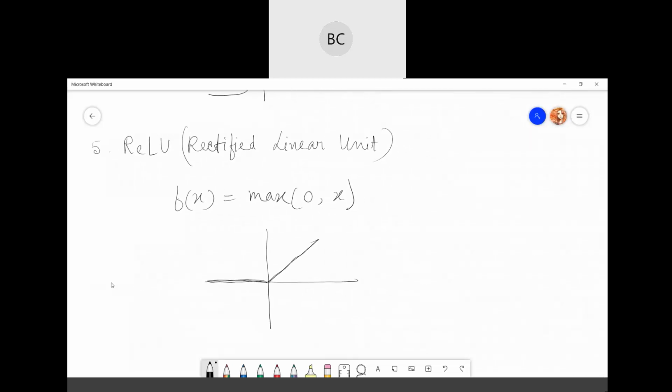In a simple way, you can represent it as f(x) output will be x if x is greater than or equal to 0, and 0 if x is less than 0. So if you find any negative value, it will just turn to 0.